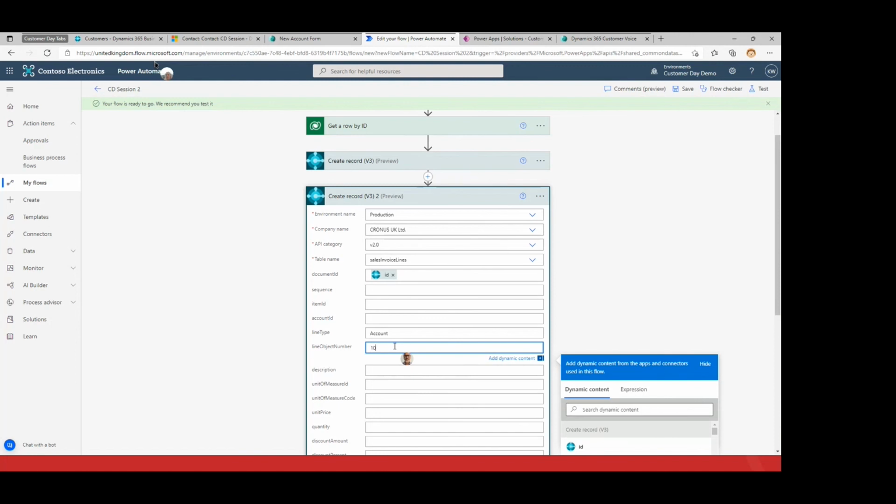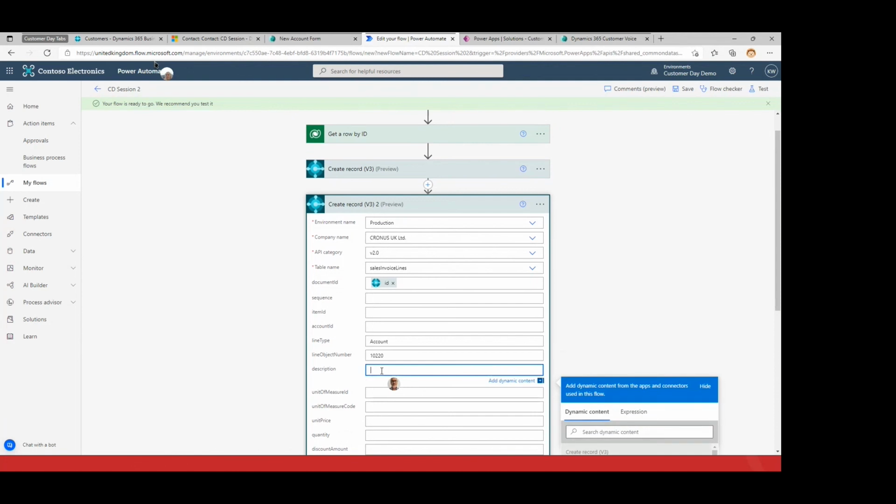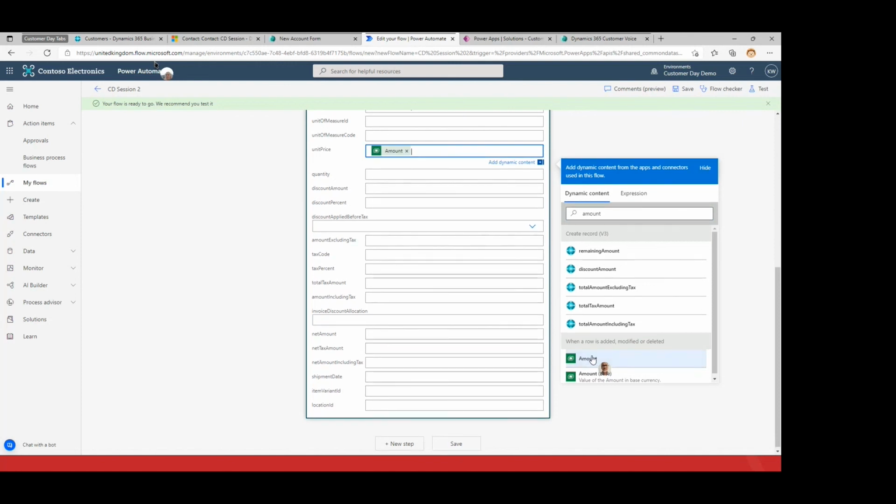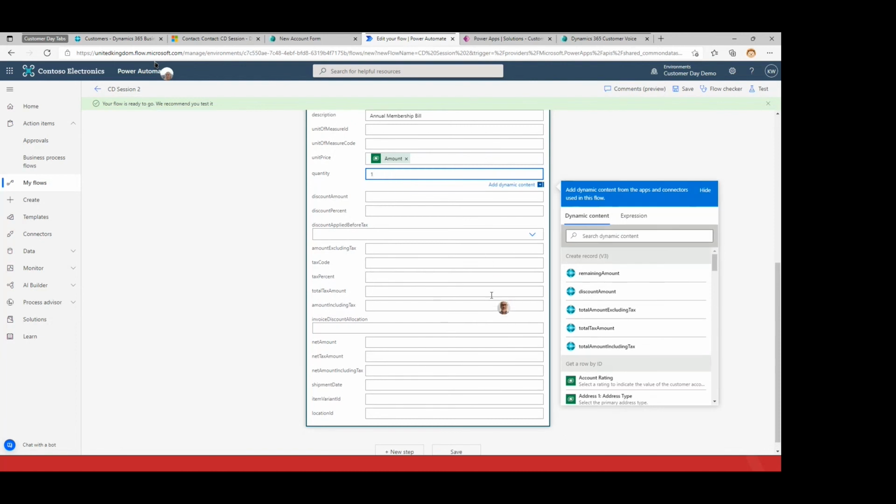Because it's an account, I'm going to use an account we created earlier, 10220, and I'm going to call that annual membership bill. And the price is going to be, I'm trying to remember, do we have any pricing amount? Okay, if I go back here and over here, I can reference the fields that Kelly had that we connected to in the membership record. So let's put amount in there. Quantity will always be 1. It's just a generic invoice. And that's as much as I need to do. So if I save that,